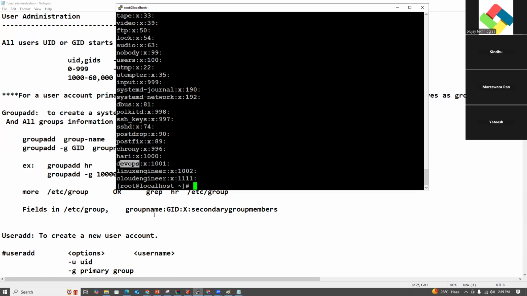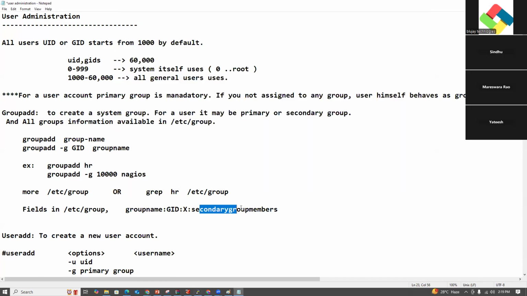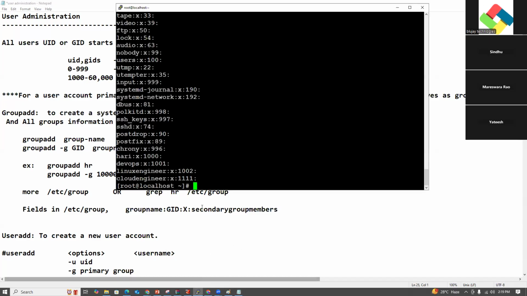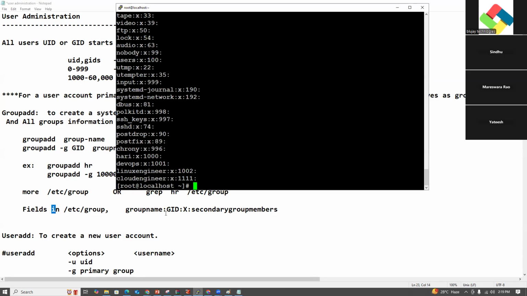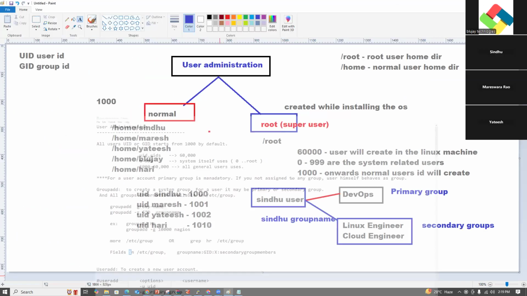These are the group names. Next is the GID, the group ID: 1002, 1111, 1001. Next, secondary group members. We have not added any secondary group members, that's the reason it is showing empty. So the fields in the group file are: group name, group ID, x, and the secondary group members. Okay.